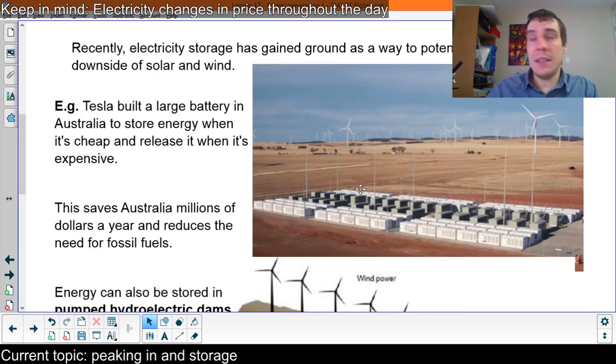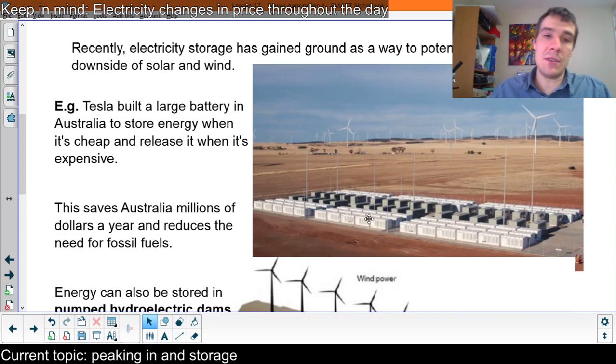And so this thing can actually cover for the peaks, and it's even faster than a typical power plant because it's just a battery. It's already in electrical form. It's already electrical energy. So, technically it's chemical, but it's a very fast conversion. And so that's the Tesla energy storage